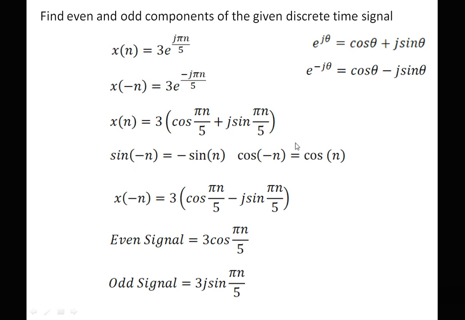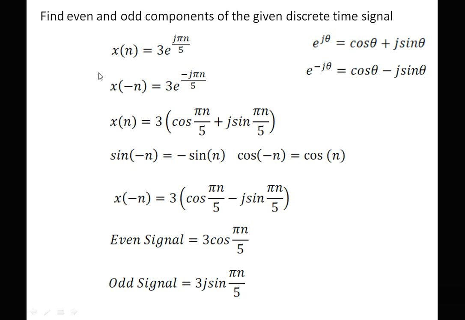Again, this is a very basic formula, that is cos of minus n is equal to cos of n, and sin of minus n is equal to minus sin n. Now we require to represent the signal in the x of n form and x of minus n. So x of minus n becomes 3 into e raised to minus j pi n by 5. So by using this formula, we are getting x of minus n as 3 into cos of